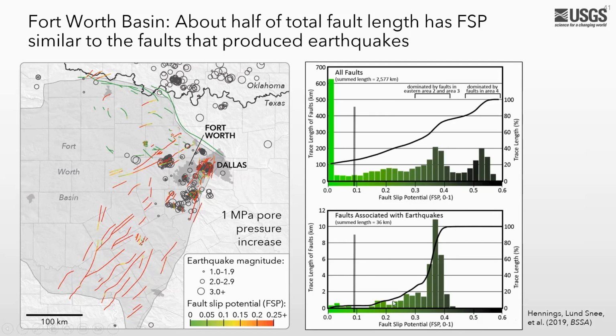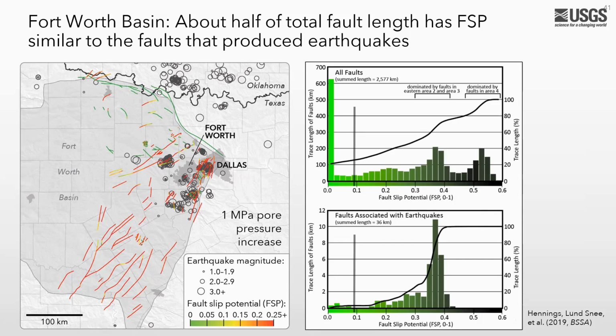And the bottom are just the segments that hosted earthquakes. And no surprise is that the faults that hosted earthquakes tend to have higher fault slip potential values. They're more sensitive. But you'll note that the overall population has this very sensitive group here with fault slip potential values of 0.5 or more, which is quite a high value. That means more than half the time within the uncertainty space, these are